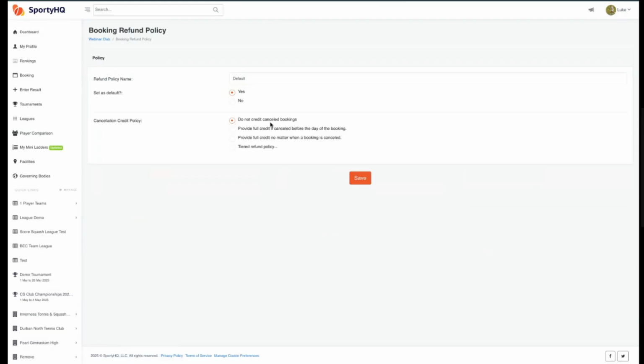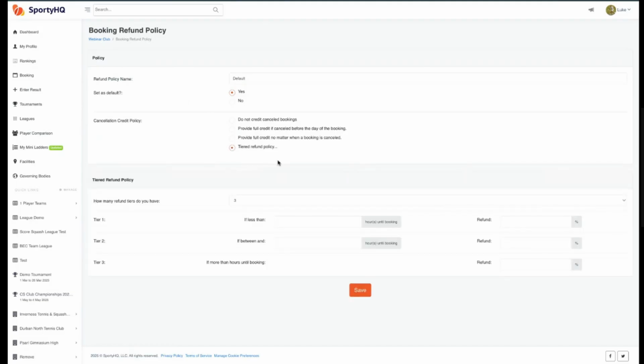Provide no credit, so whenever they cancel, they're not going to get a refund. Provide a full credit if cancelled before the day of the booking. Full credit no matter what. And then finally, we have the option of a tiered policy. So this might be if they cancel far enough in advance where you're confident the court's going to get picked up by someone else. Let's say,